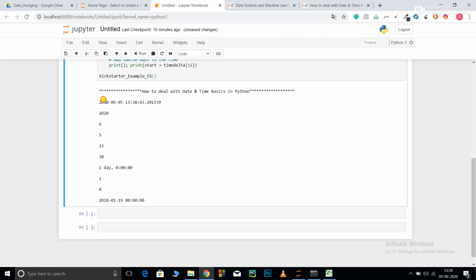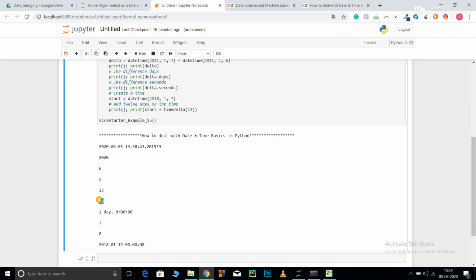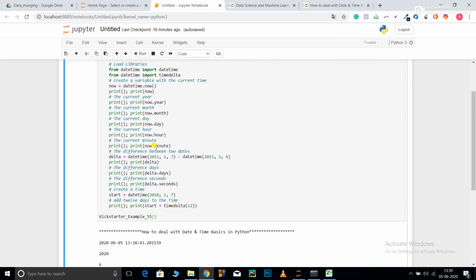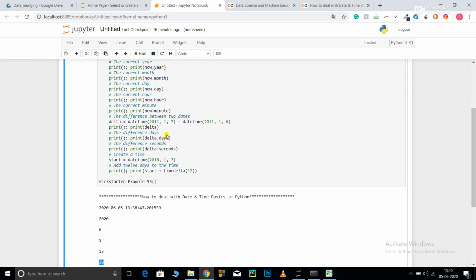So you can see this is exactly what my computer is showing right now. So 2020 was the year, 6 is the month, and 5 is the day, whereas 13 stands for the hours, 38 for the minutes, and 38 for the seconds. Now you can see the date time difference was 1 day.